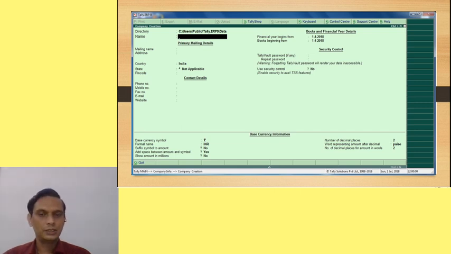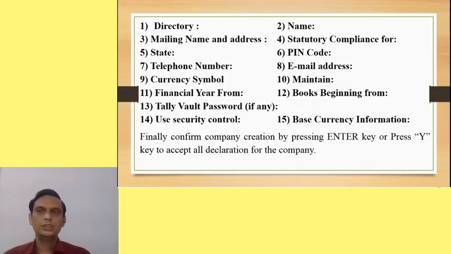Base currency information is also provided, just like displayed on the screen. These options are available on our company creation screen.